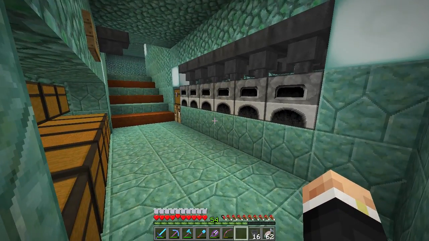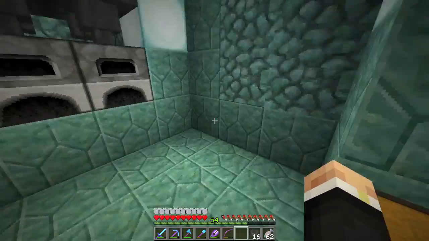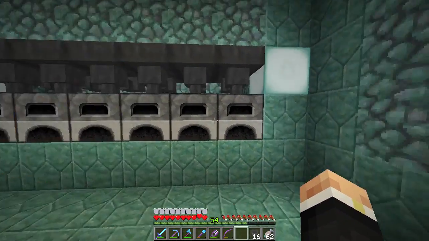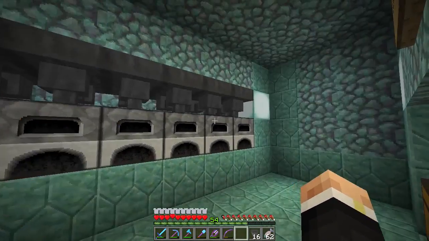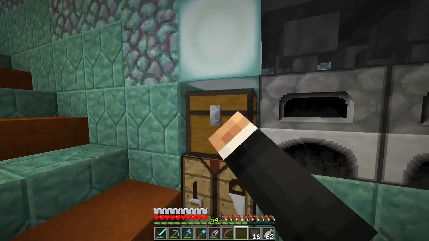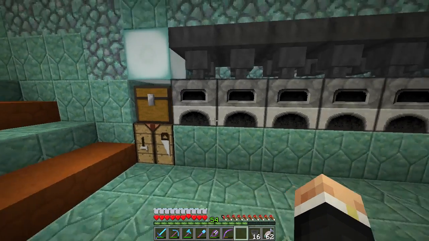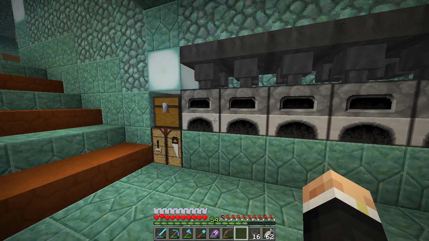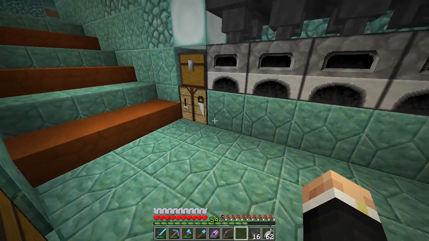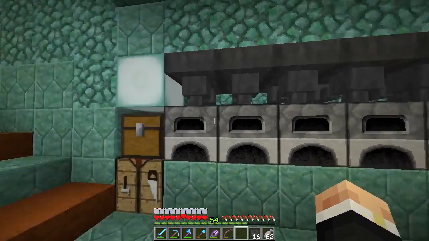So what I'm going to do is develop a system whereby I've got a lever here that I can toggle, and in one position it's fully manual, so I'll get all the XP from it and everything like that, which is great. But in the other position it'll be fully auto, taking the used lava buckets from here, depositing them into the back of the furnaces when it needs them, and then taking the fish out from the bottom and sending them across into this system here. So that's what I'm going to be developing now,